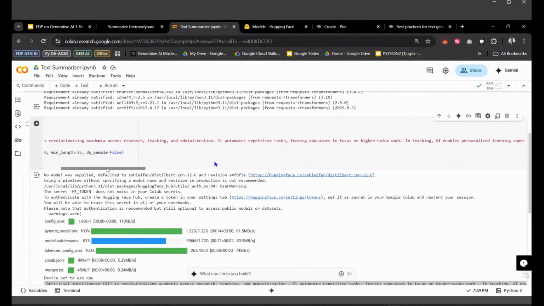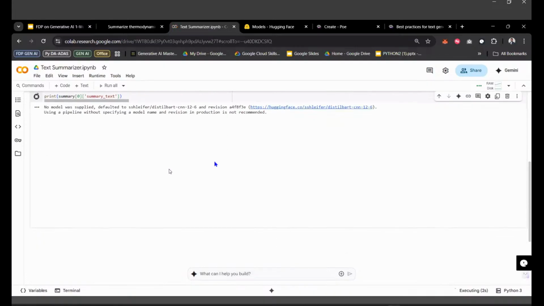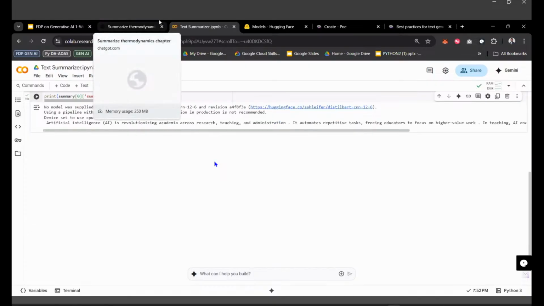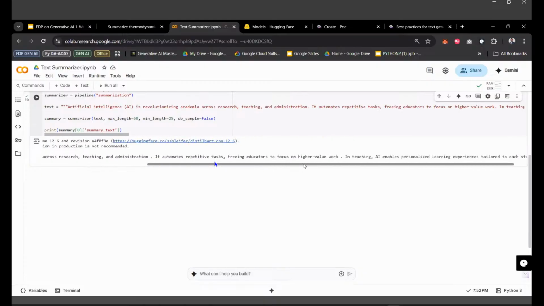Or if I just give it a length of only 50, now let me run it again. Now it will make sure that it compresses to the given length of 50, compresses the amount of text, and gives us an output back. Right. Yes, it has again given a good output.